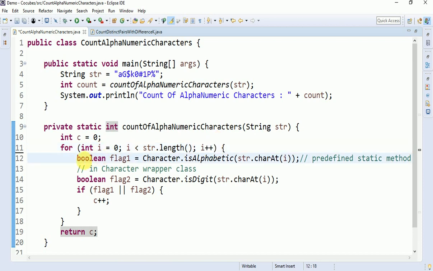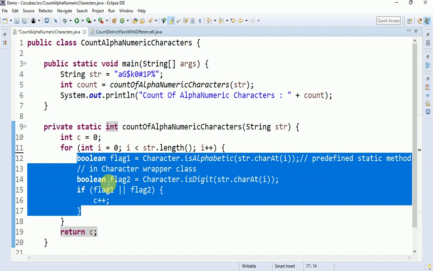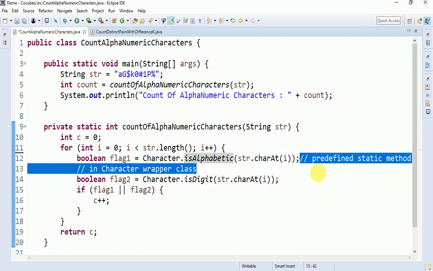Here I have taken an approach for finding whether it is an alphabet or a digit by using the predefined methods called isAlphabetic and isDigit. isAlphabetic is a predefined method present in the Character wrapper class. We have 8 wrapper classes, and one of them is the Character wrapper class.